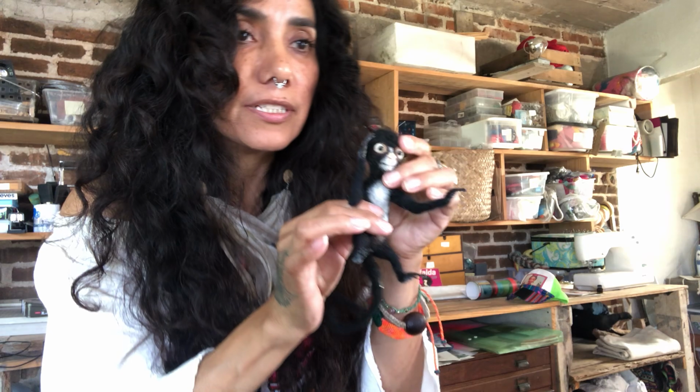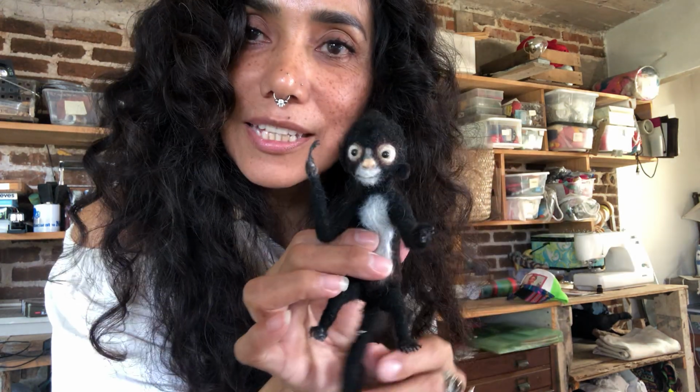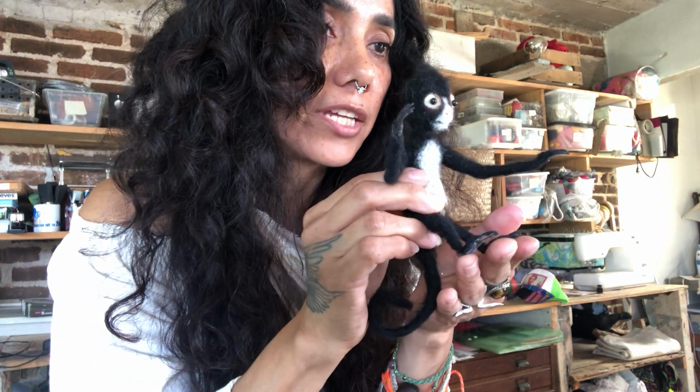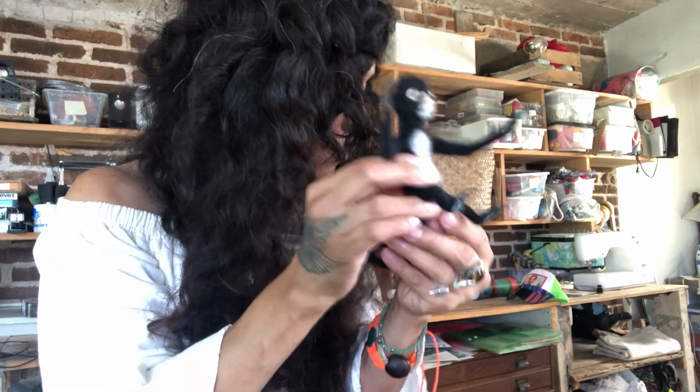So that's how this little changuito, can you see it? I'm going to show it here too, because I have two cameras, so that people can appreciate it a little better. And this is my changuito I made for Frida Kahlo. I also made